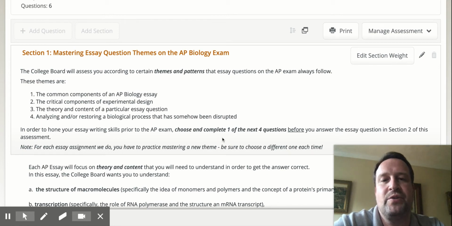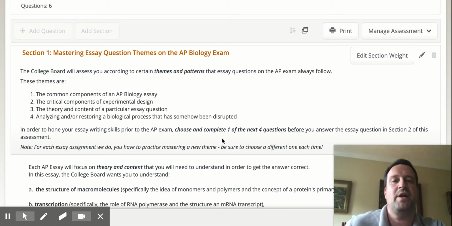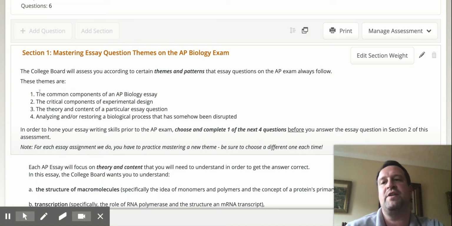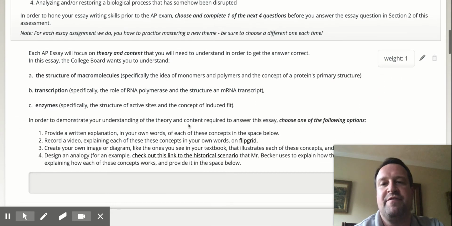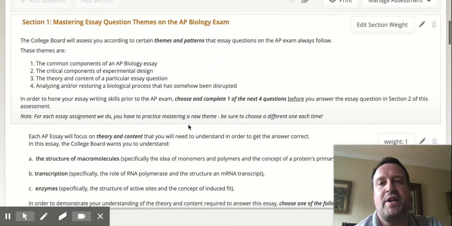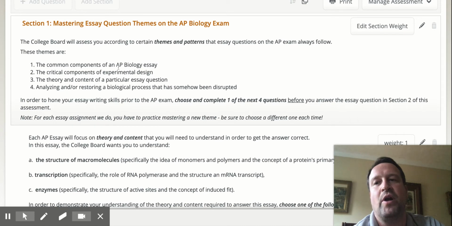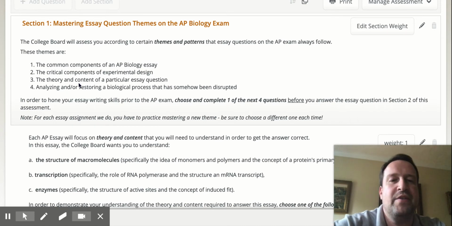And what I have the students do here is, before they write their actual essay, investigate one of these 4 categories. And then I can do this again in future assessments. So I put a note here, you should pick a different one each time you do it. But the idea is I created 4 possible questions in this section, and I'm asking the students to do one of these 4, where they'll investigate one of these critical themes or components